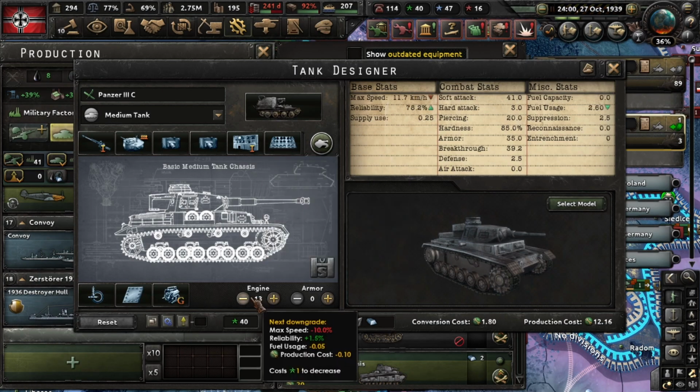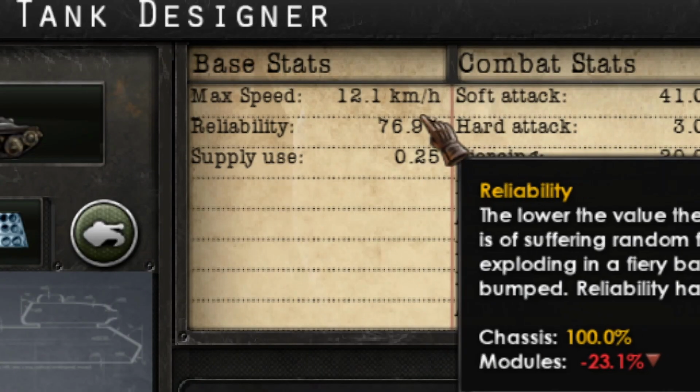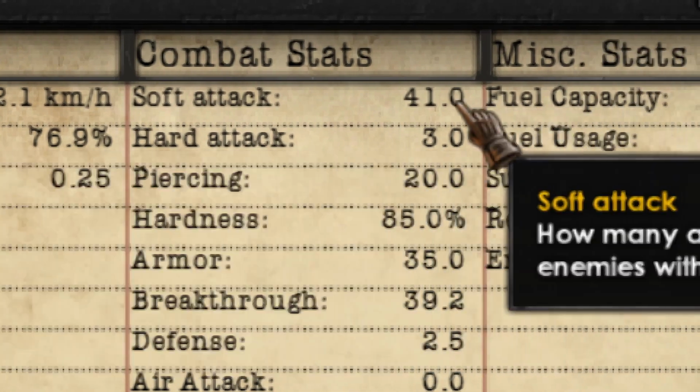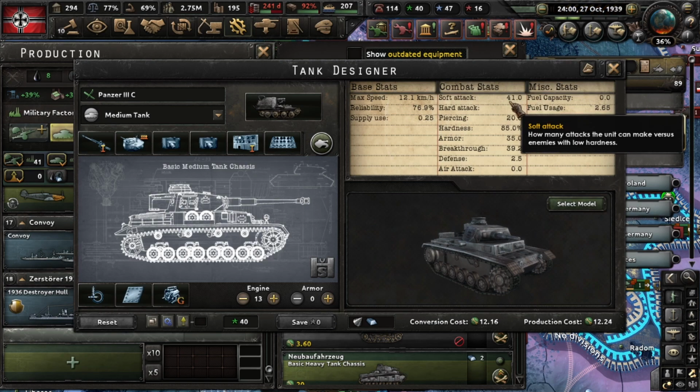For this you need engine level 2, you can get that in 36, you don't need armor, and that will give you this tank that has a lot of speed, more than 12 kilometers per hour, and a lot of soft attack, 41. Later I will add a tank destroyer for the campaign against the Soviet Union, so I left